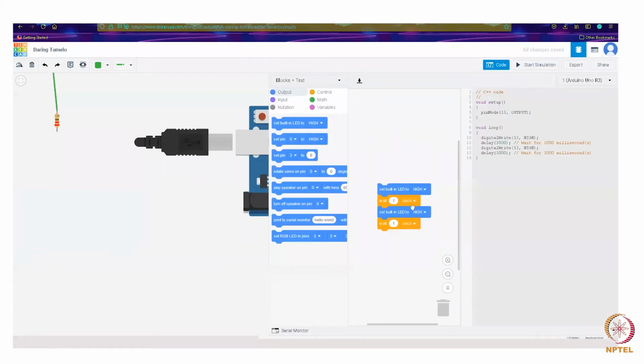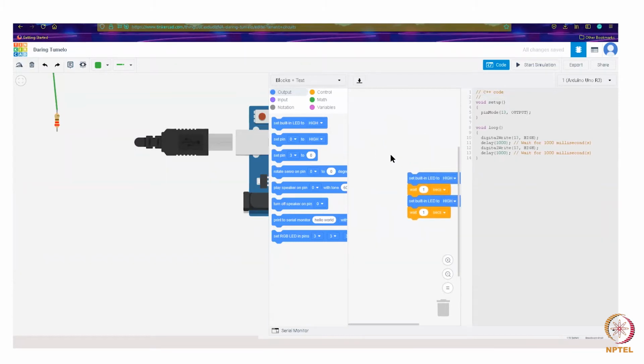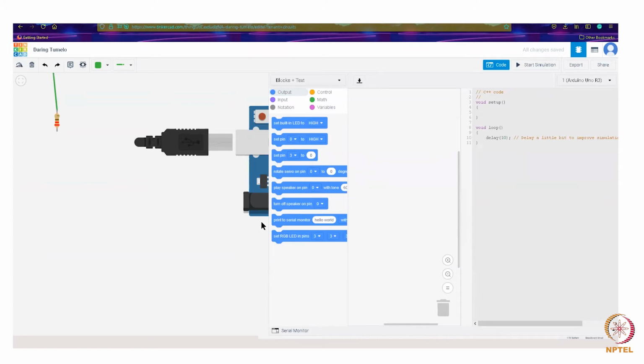So we have the built-in LED code for this. I'll just delete this random code. So now, as you can see, our pseudocode was basically setting pin 13.